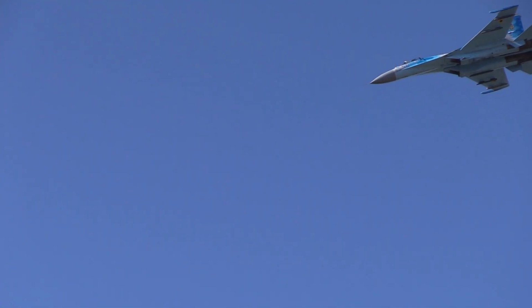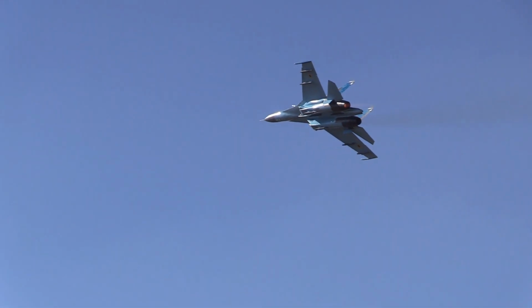Airborne, its display weight is 45,000 pounds, and with over 50,000 pounds of thrust available to this aircraft, this is going to be a really...